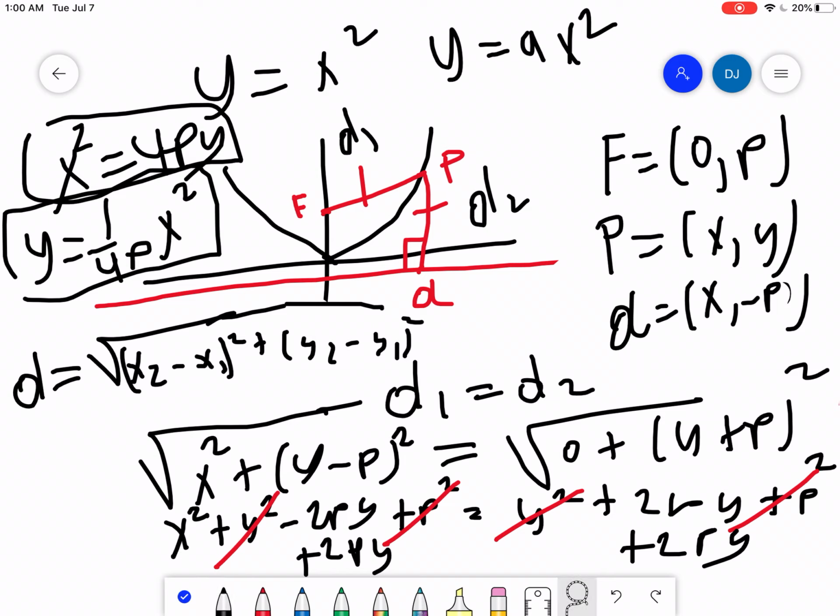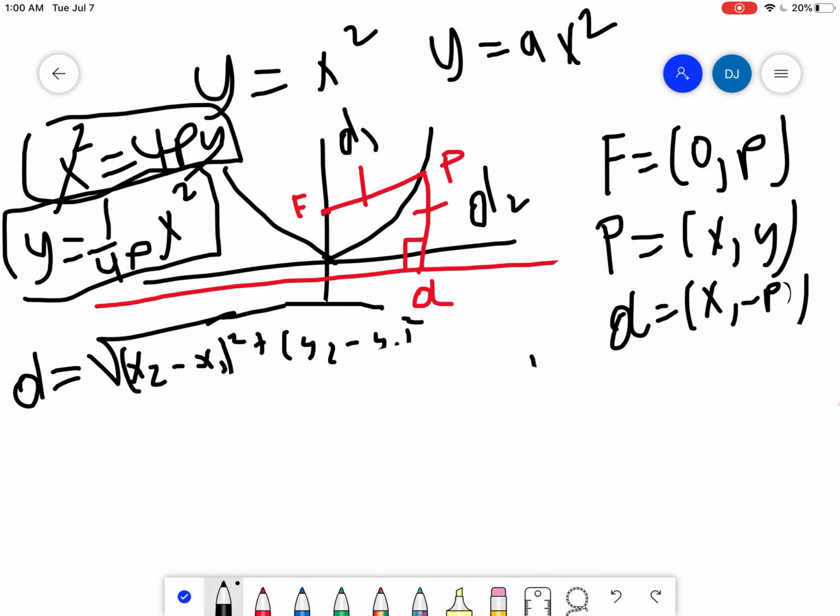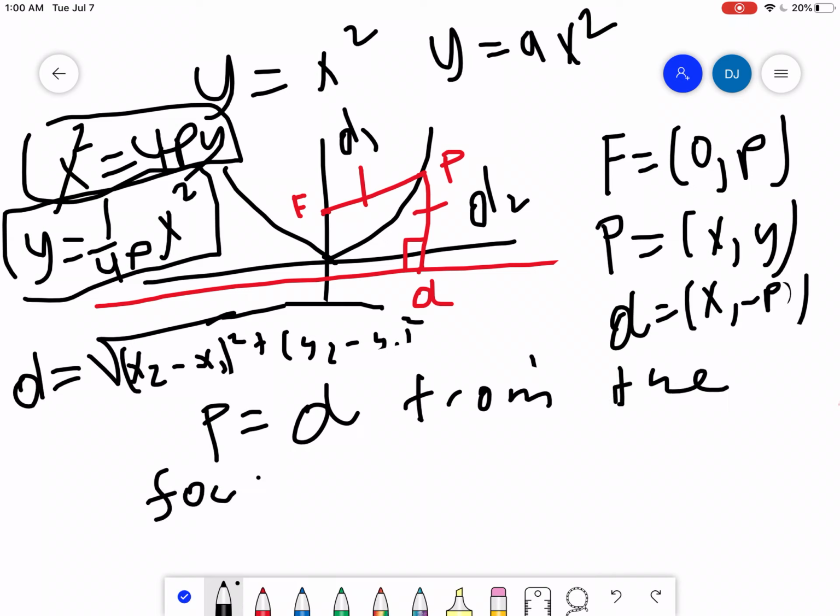Also note that p is equal to the distance, I'll call it d for distance, from the focus to the vertex,